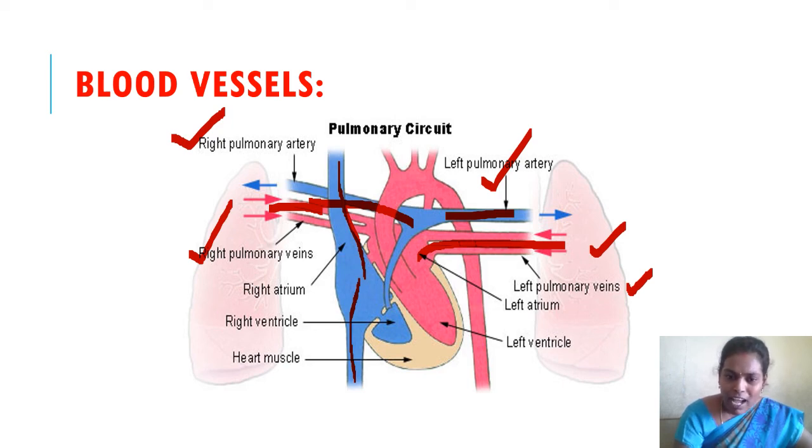And from the left ventricle arises one of the biggest blood vessels in the body, called the aorta, and it carries pure blood to all parts of the body, the upper side and the lower side of the body. The pure blood is carried through this aorta only. Look at this. I hope you have understood about the heart, its chambers and blood vessels.